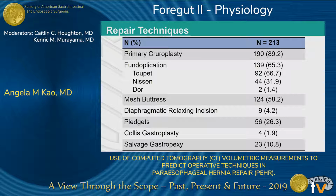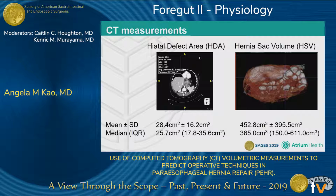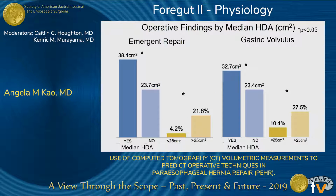Mesh was used for crural reinforcement in 58%, while 4% required a relaxing incision of the diaphragm, and only 4 patients with insufficient esophageal length required a Collis gastroplasty. Finally, a salvage gastropexy was performed in 11% of patients. The overall median hiatal defect area measured on pre-op CT was 25.7 centimeters squared, and median hernia sac volume was 365 centimeters cubed. When looking at the size of the hiatal defect in relation to operative findings, median HDA was